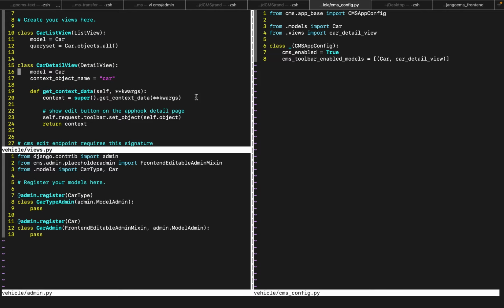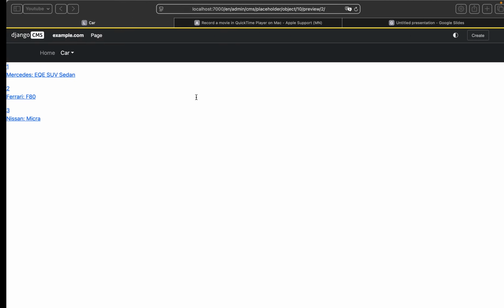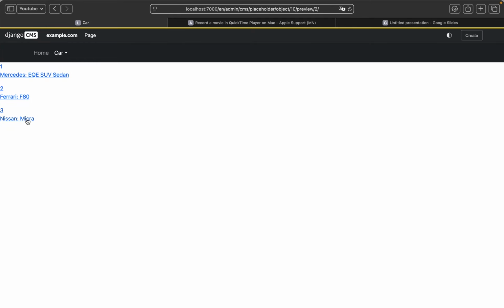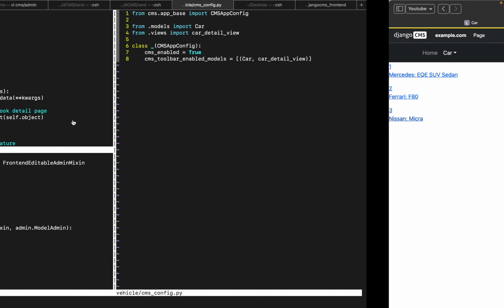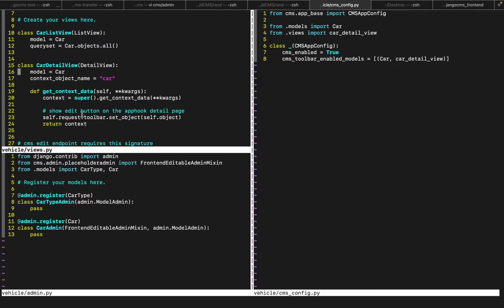Let's say we wanted to edit, for example, the micro car. We have to add the actual object to our toolbar, right? So the toolbar has this endpoint set object where we set the object,